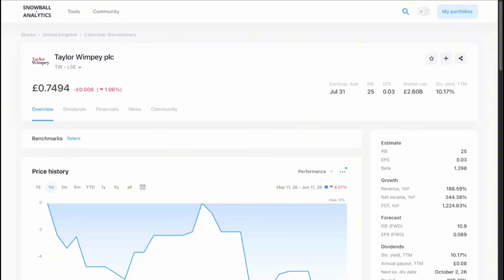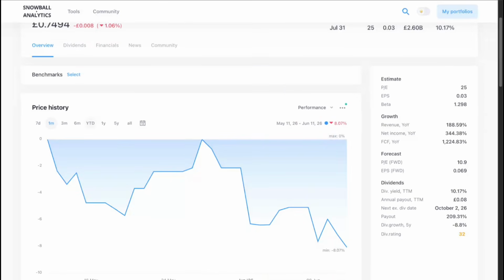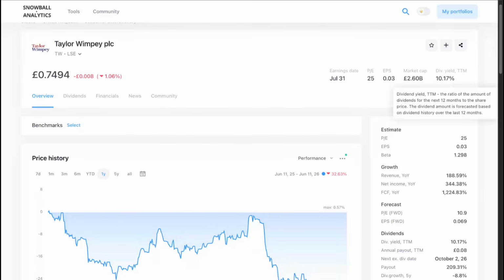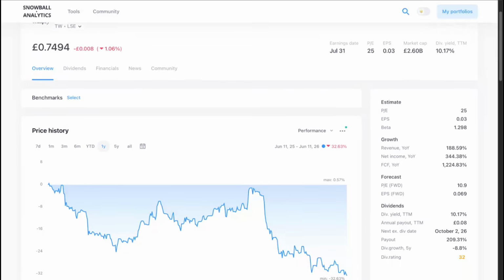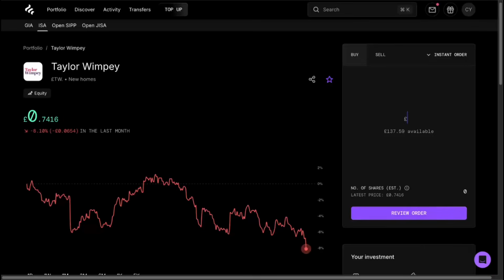£70.14. The first individual stock that I'm going to be adding to in my portfolio today is Taylor Wimpey, stock ticker TW. The reason for this is that over the last month it's down 8%, and if we zoom out and look at the last year, we can see the stock is down over 32%, and I only recently added them to the portfolio last month, so I think with this further 8% drop, it's another fantastic opportunity to add to my position and bring down my average price, as I do believe there's going to be a rebound in the near future. On top of that, they have a very tasty 10% dividend yield, so while I'm sitting on the stock, I can continue collecting those hefty dividend payments. I'm going to add 80 shares to my position for an amount of